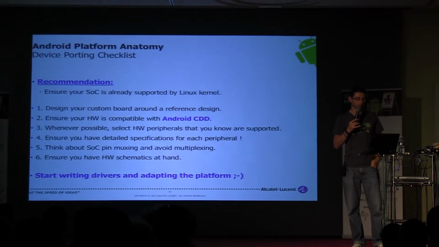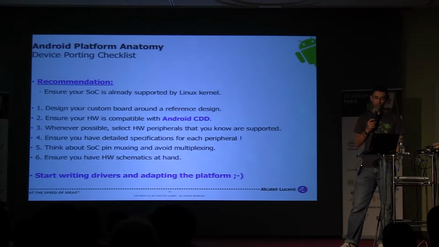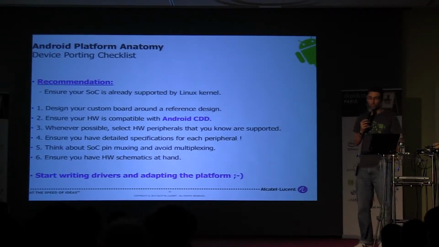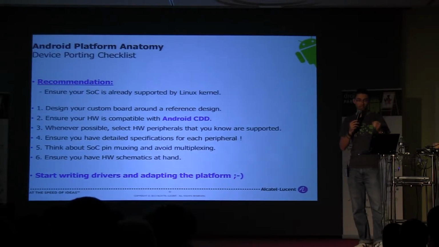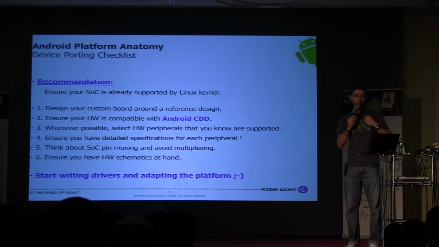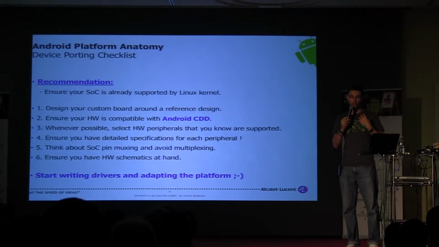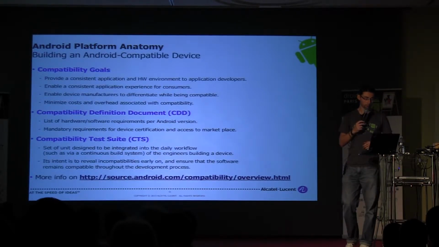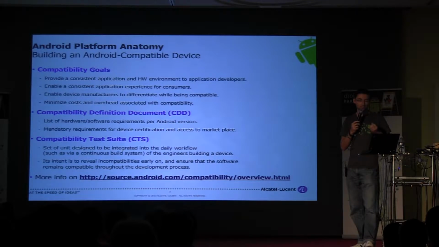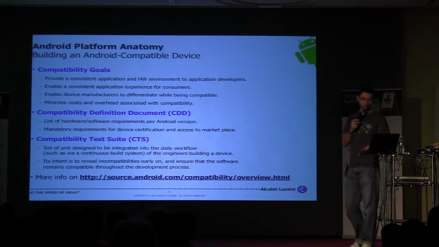And also there is one thing which is called the Android CDD, which is some guideline. I don't know how many of you guys may have heard of that or read that, but it's just guidelines, both software and hardware, that are defined by Google, and they say, okay, if you want your device to be compatible with our system, it has to meet these kind of requirements. So, for example, this CDD, the compatibility definition document, it just says, okay, your device, if you want to support Jelly Bean, for example,